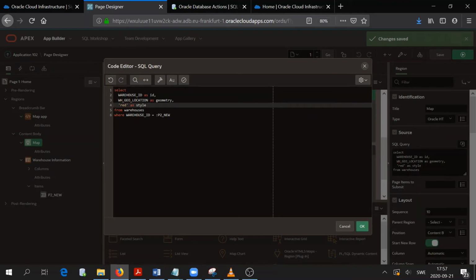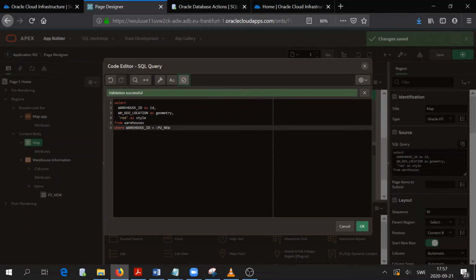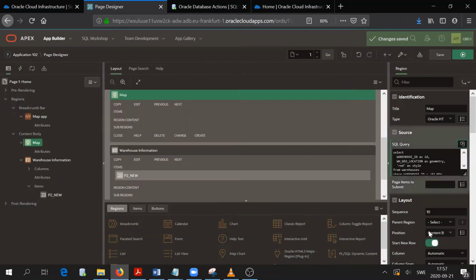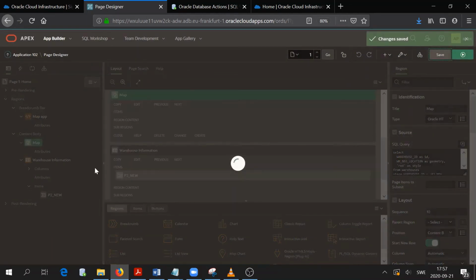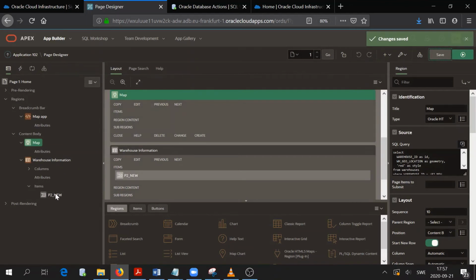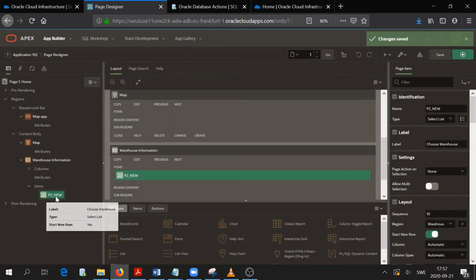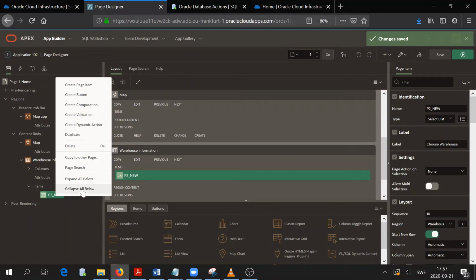What is neat, this one will identify if anything is incorrect, but it seems to be good, right? So I will say where I want to show the warehouses where warehouse ID is P2 new. And that's essentially the value of our select list. And then we need to do a second thing, and that's actually to refresh that map once we select a